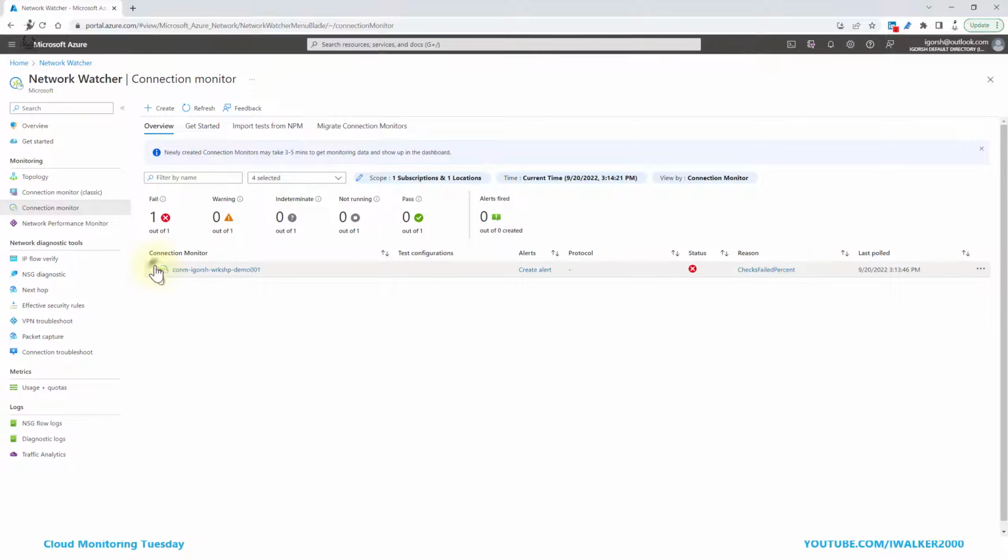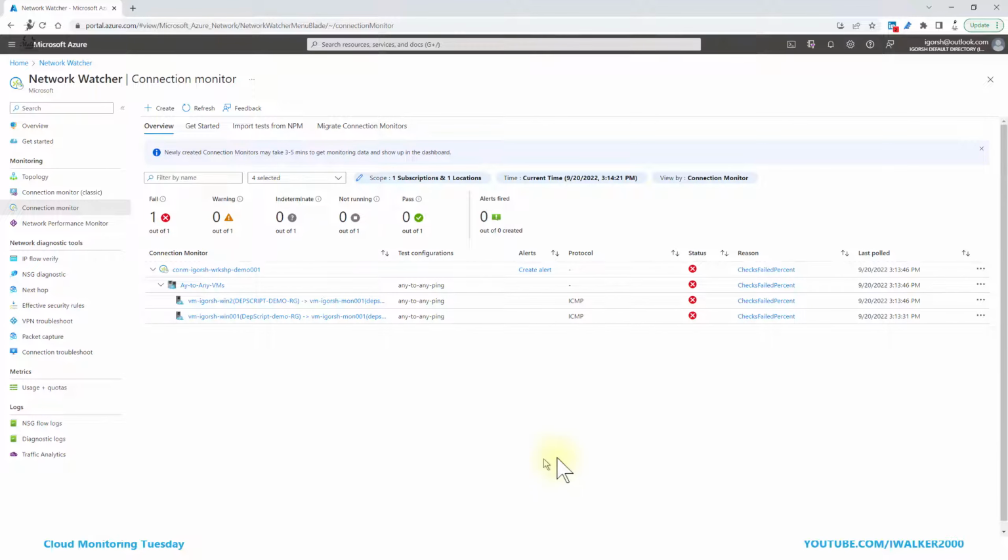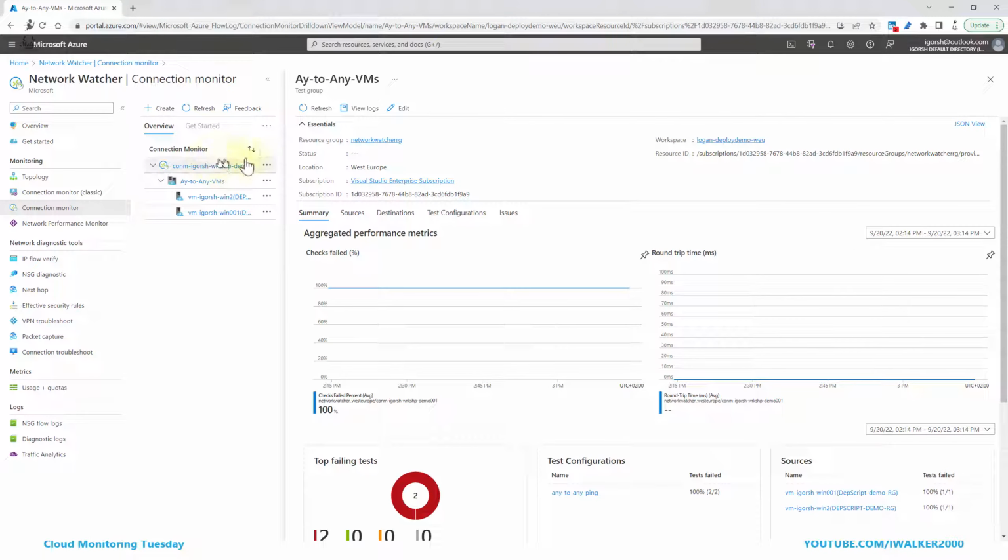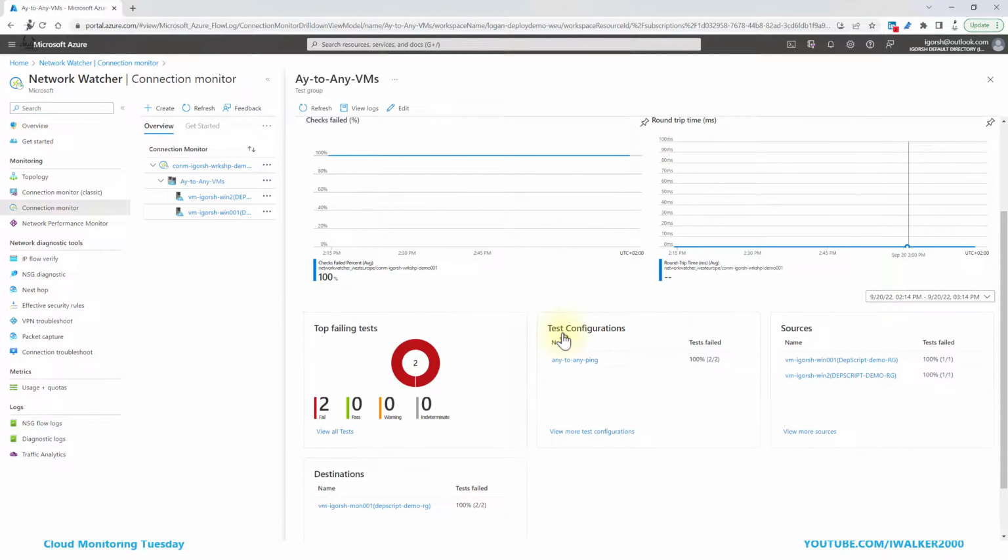And you can see here connection monitor. To create a new one, you can create it, or you can go inside, and if you look here, I have a connection monitor. Inside the connection monitor, I have the test group, right? And inside the test group, I have two machines that work with each other to ping each other and understand if it is okay or not. Why do I know that it's ping or not ping? Exactly when we are talking about the test group, I can do